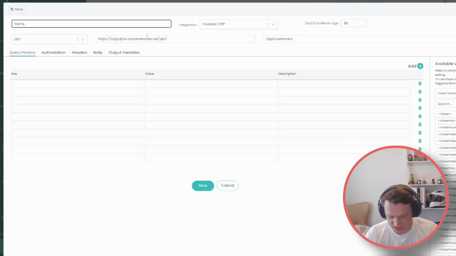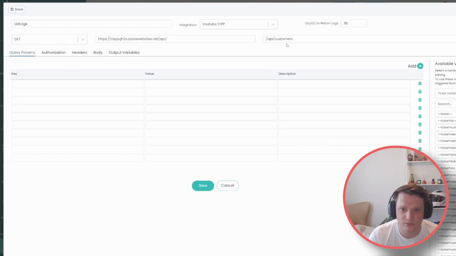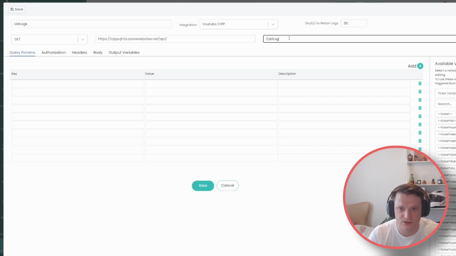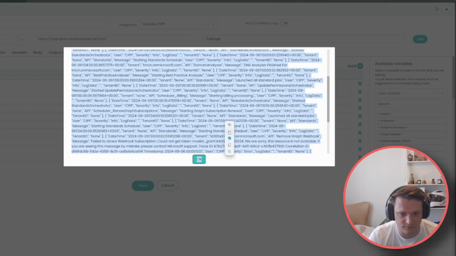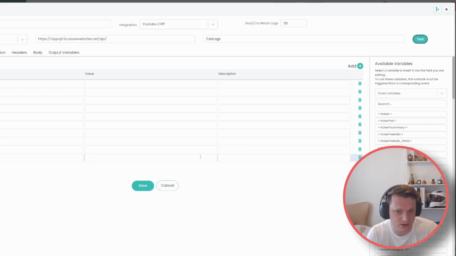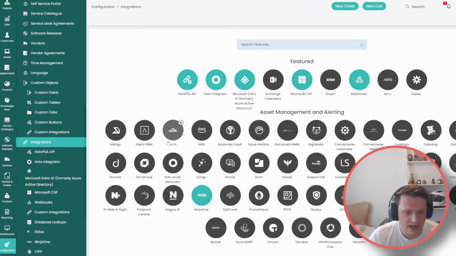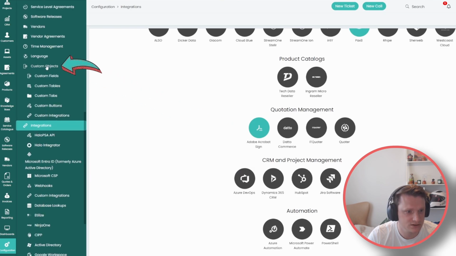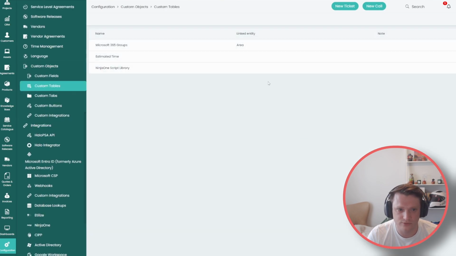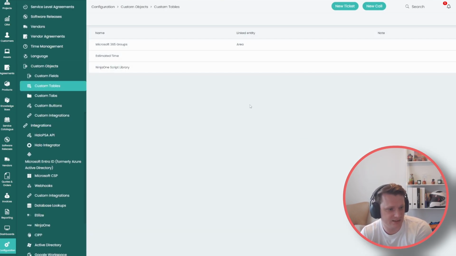Again, we can test this by doing a command against the CIPP API. So in this case, we're going to do list logs, hit test, and we're going to get a bunch of logs returned to us. So again, we know that's working. Perfect. Next, we're going to head over to custom objects and custom tables, and we're going to create a table